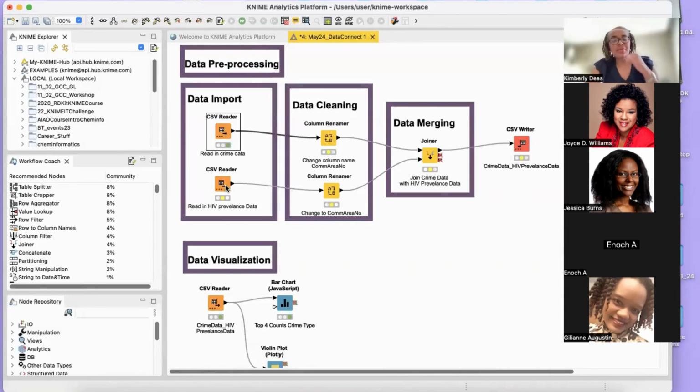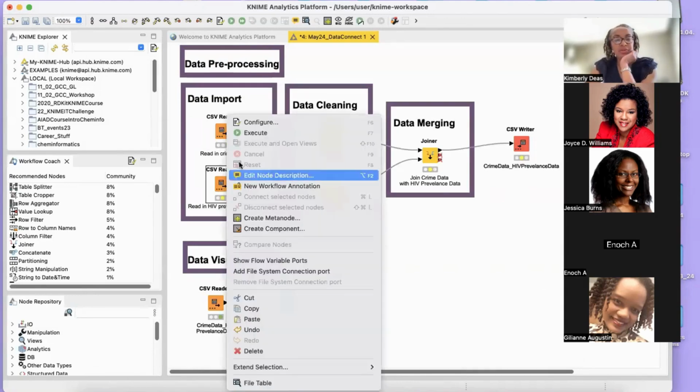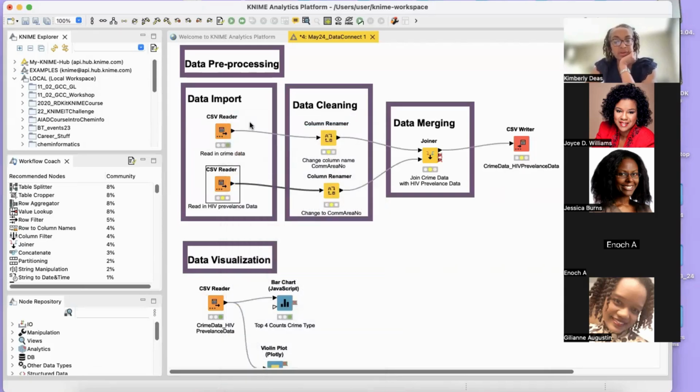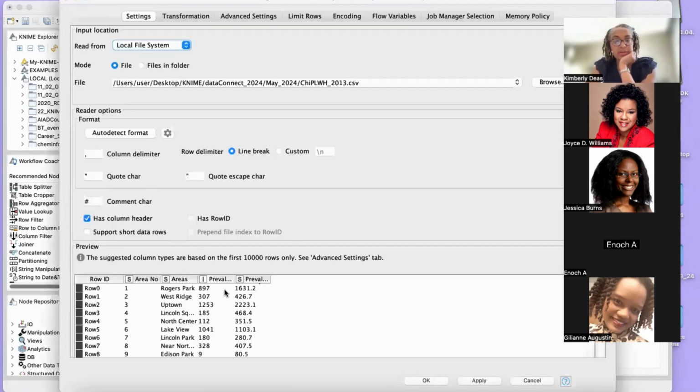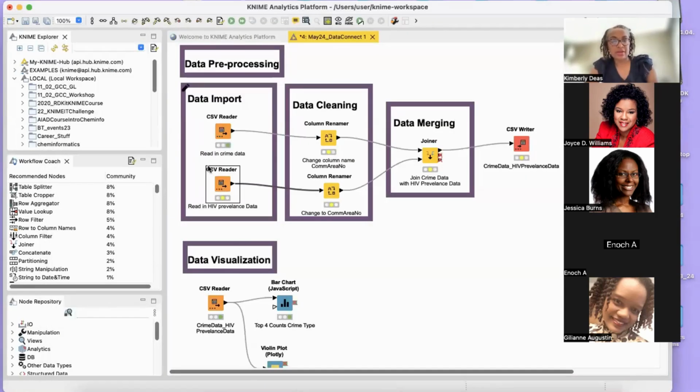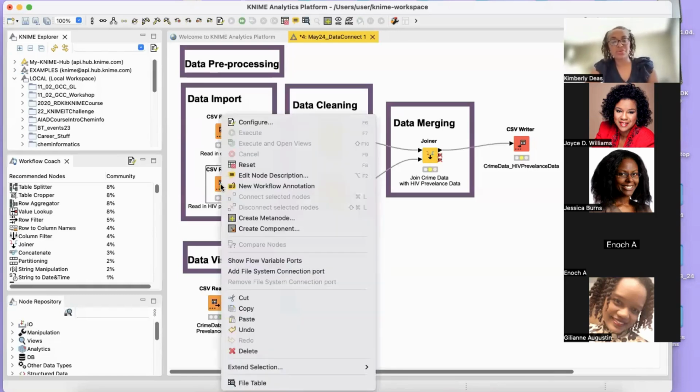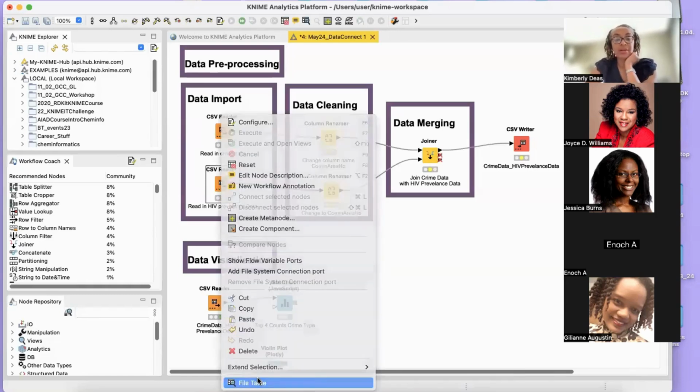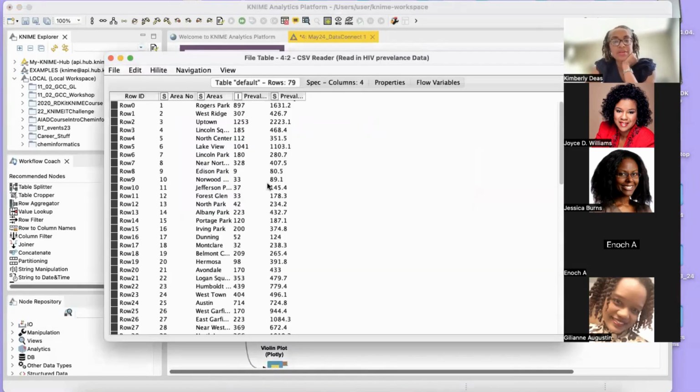Okay, so we do the same thing for the HIV prevalence chart. If you just want to take a look at it real quick, what it looks like. Remember, we had these columns, including prevalence, but we're not going to use those in the long term. And this actually should have a different name. I'm sorry, prevalence rate and prevalence. We're going to use prevalence in our case. Headers are already checked. So we can go ahead and execute that node. Press execute and it's green. And I always check to make sure that it did what it's supposed to do. So you do that by looking at file table and we can see everything is as it should be.